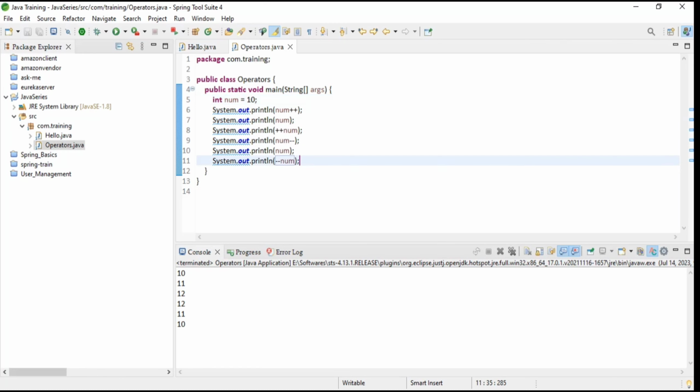Now next we will see what are the different types of arithmetic operators we have. If you are a math student, you know what the arithmetic operators are, that is plus, minus, into, division and modular division. Okay, let's see the example. So let's say